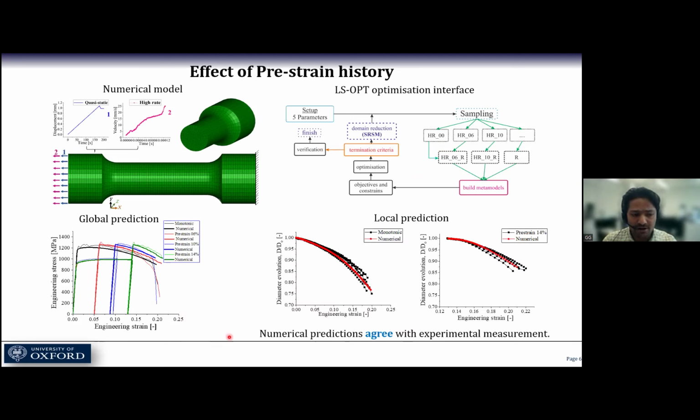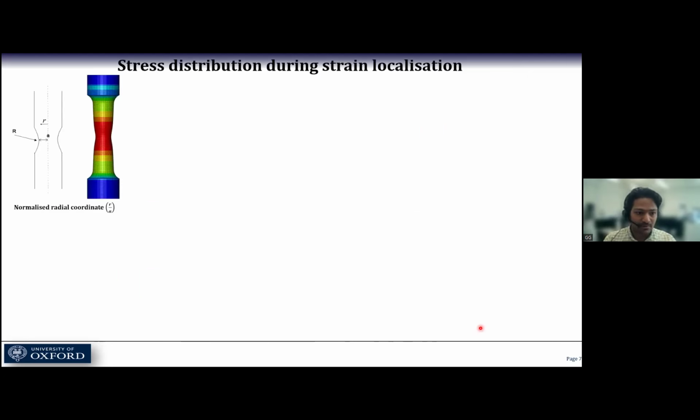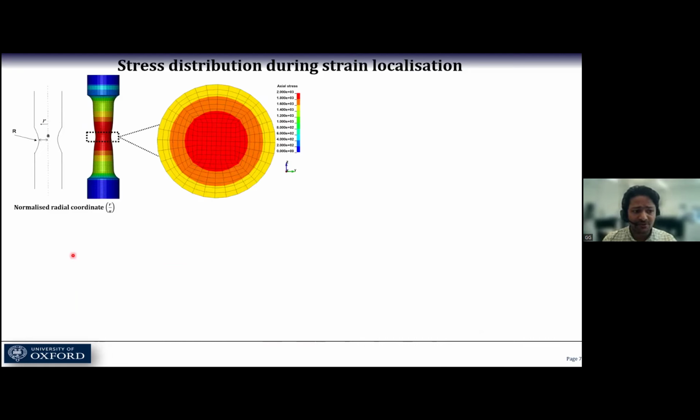And also, more importantly, in our case, the local predictions also agree well with the experimental measurements in the form of diameter evolutions for all the cases. Once we have confidence in our numerical model, I use it to explore the stress state in the necking cross-section. For example,